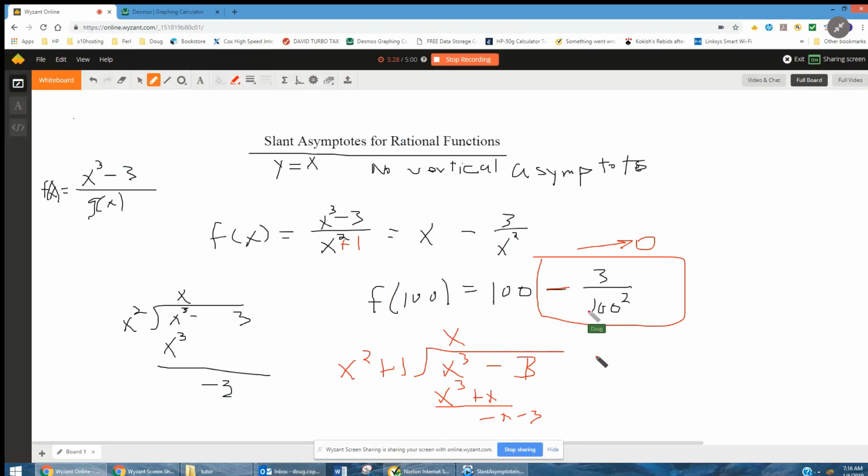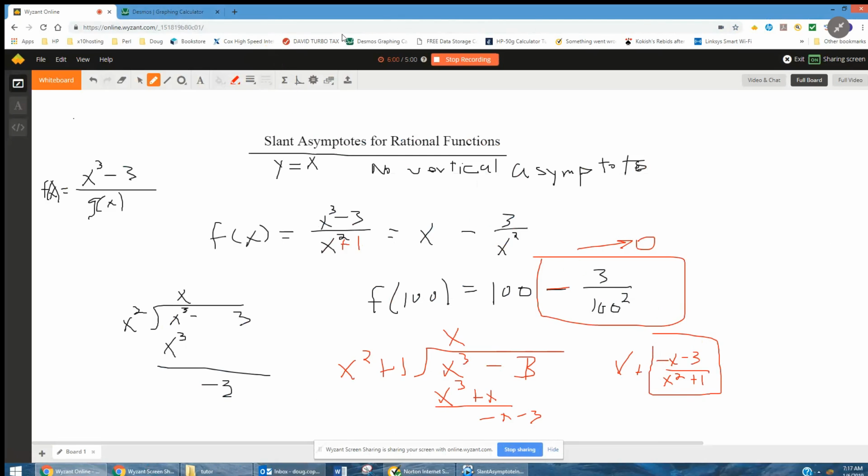So I can rewrite f of x in this case as x plus minus x minus 3 over x squared plus 1. And since this term is approaching 0 because the degree of the denominator is greater than the degree of the numerator,